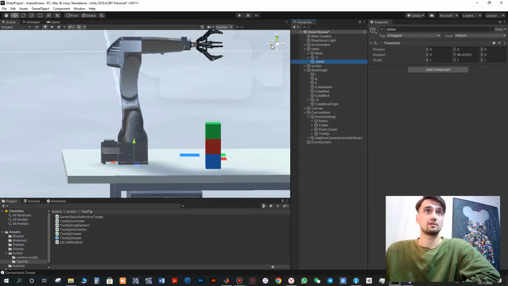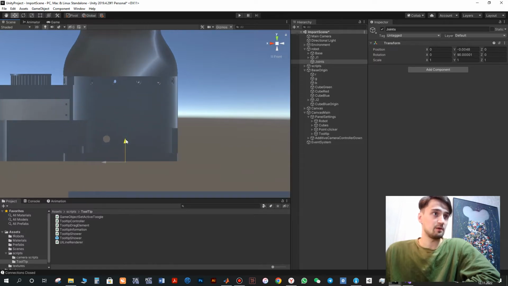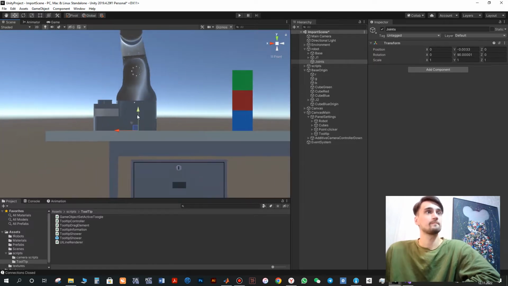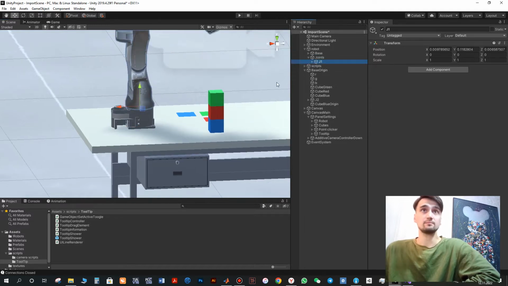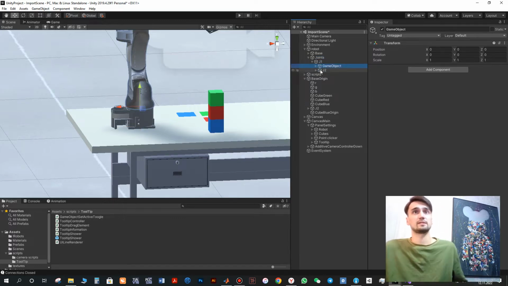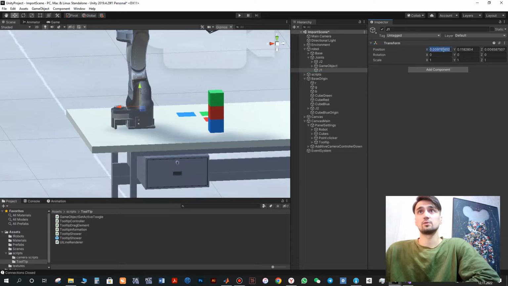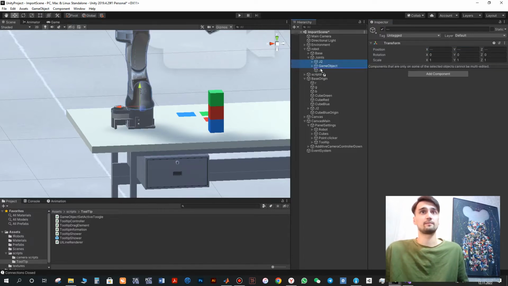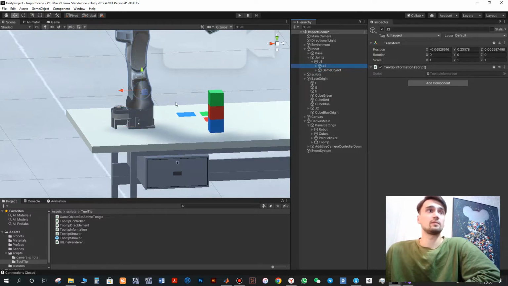Let's check it and put it a bit more down. Then we put joint 1 to our joints. Next we will also make the same things here. We move it out and change joint 1 to 0. Then put it back. So now we have it here, and here we have the correct